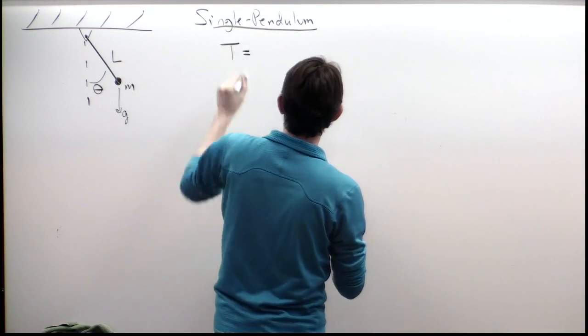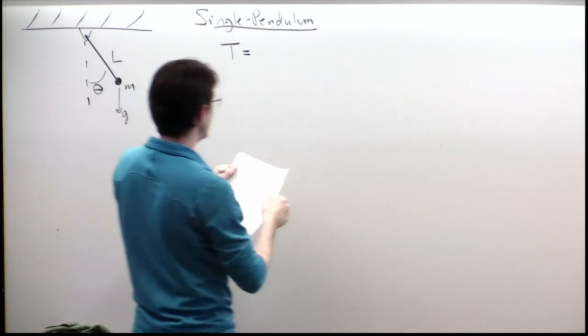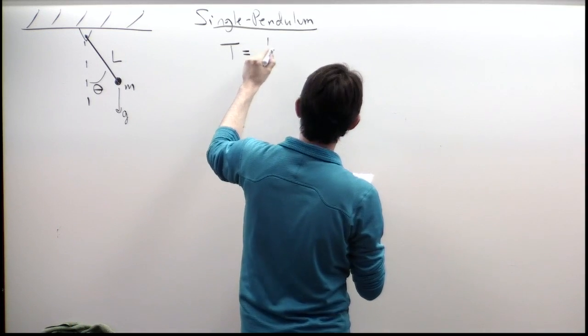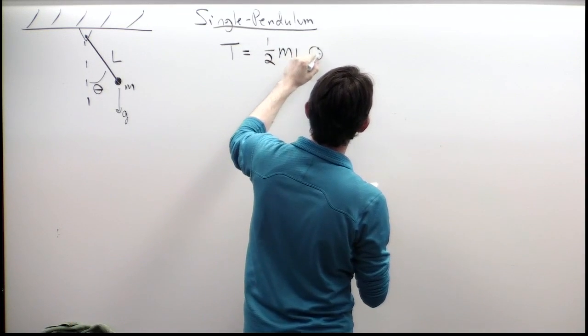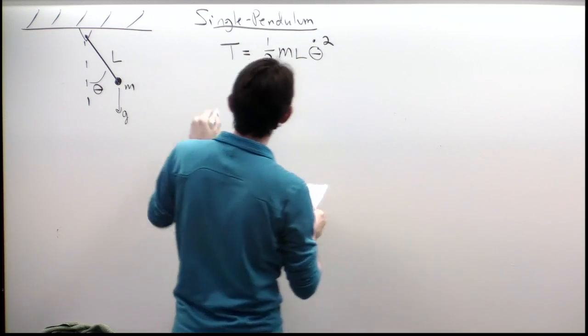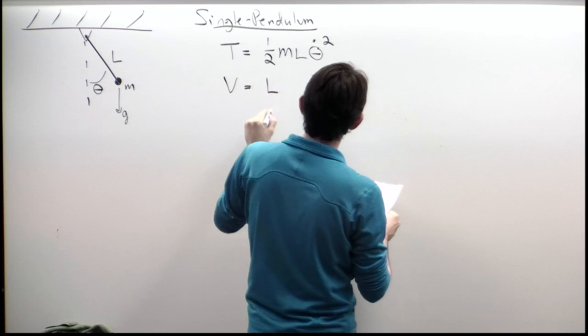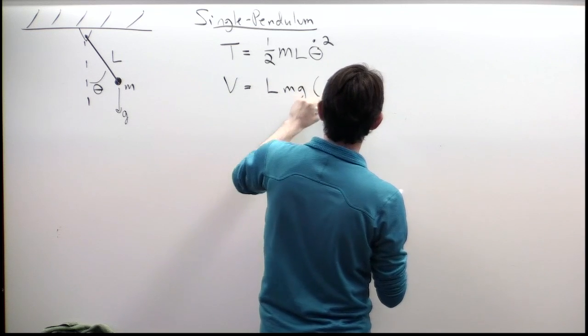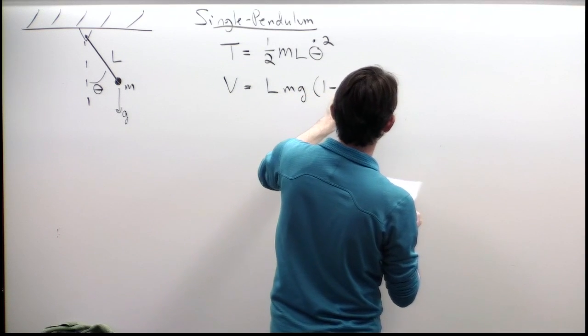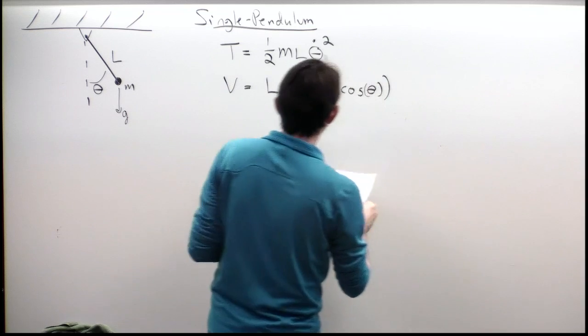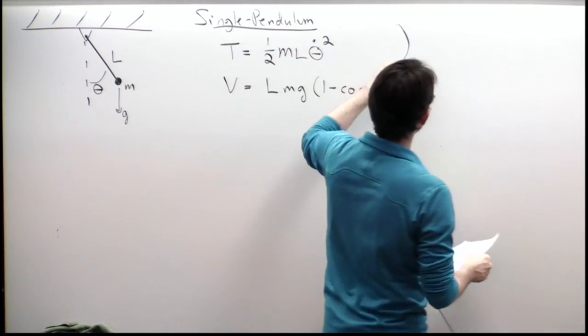So I'm just going to write down that my kinetic energy is equal to 1/2 m times my length times theta dot squared. My potential energy is equal to length times mass times gravity times 1 minus cos theta. And so I have a Lagrangian